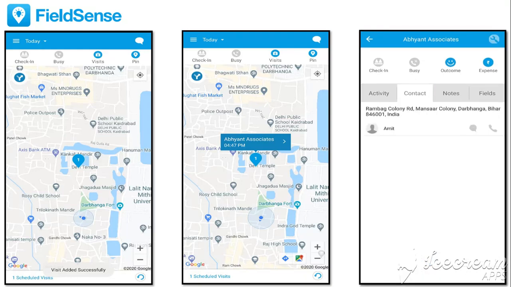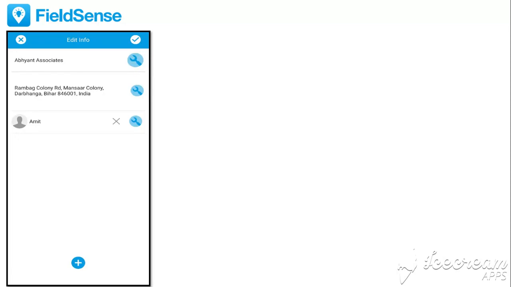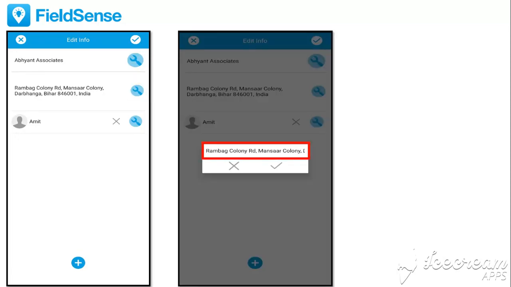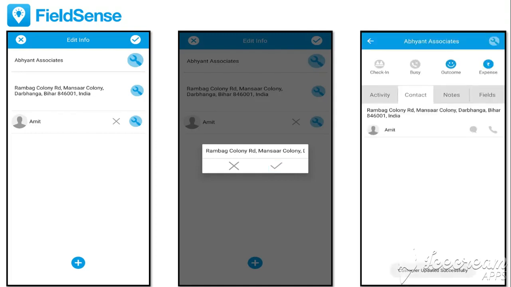But in this case, because you have permission as a user to change the address of the customer, within the app also, if you manually want to change it, then come to this section, click on this edit icon and click on this address. You can edit and correct the address, save the correct address, and then when you try to check in, you will be able to successfully check in.